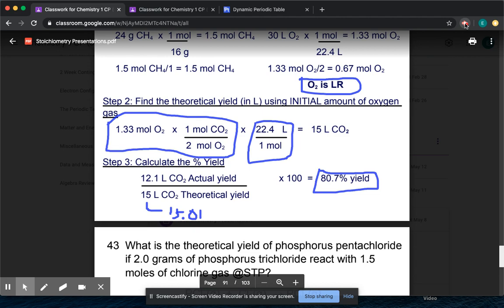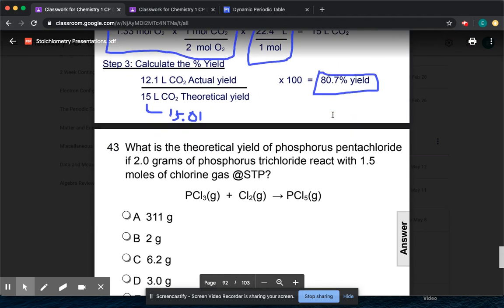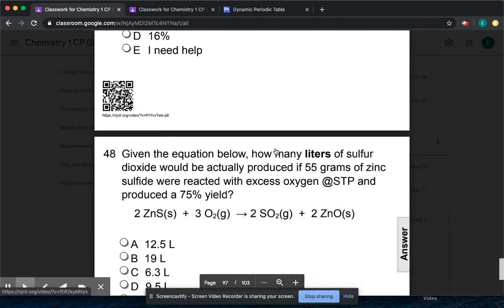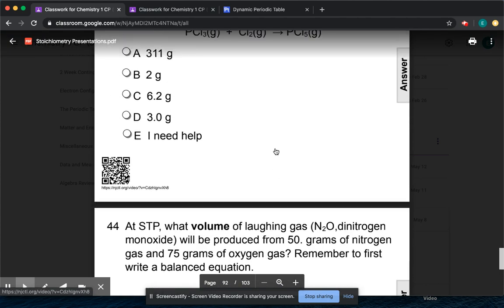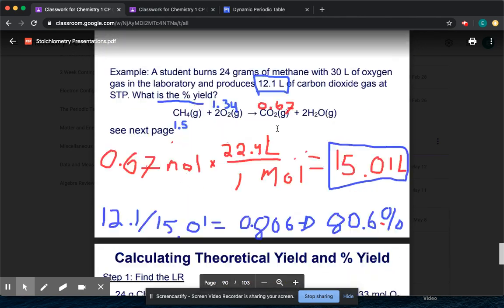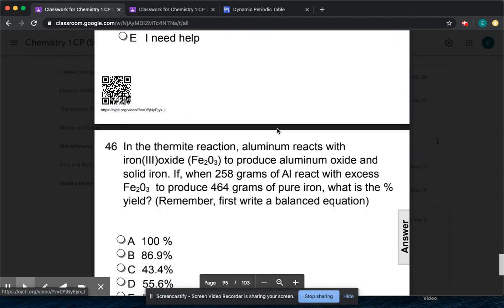How are we doing on time? Okay. We're at the 20-minute mark. So I believe this should be the end. No, there's one more piece. Okay. Calculating excess. All right. So this is finding percent yield. I'm now going to jump to